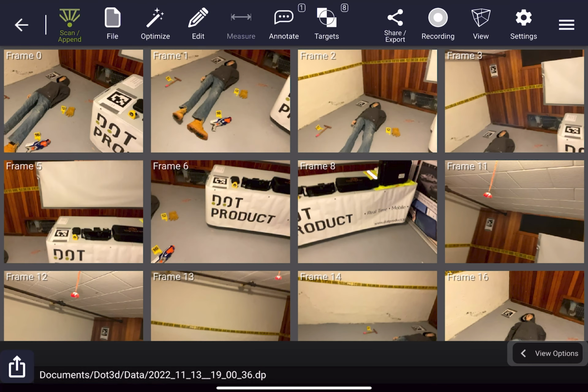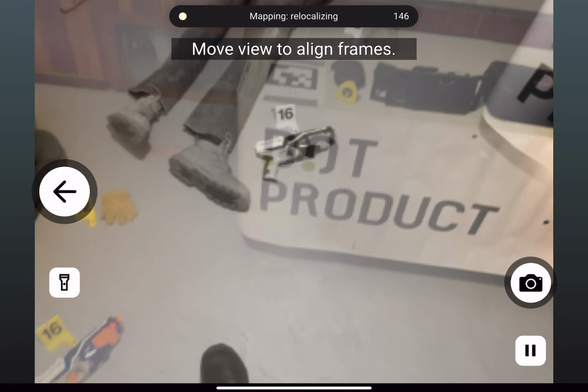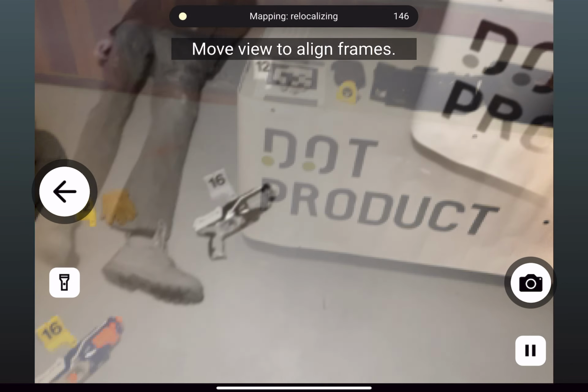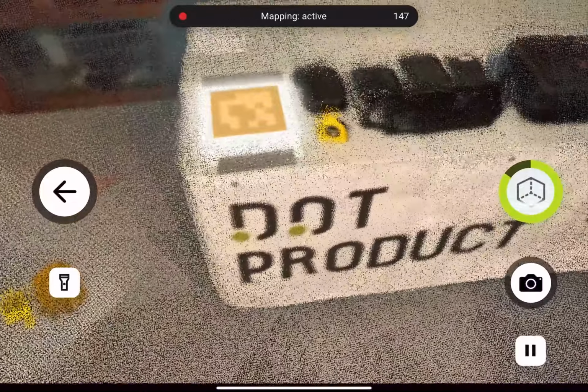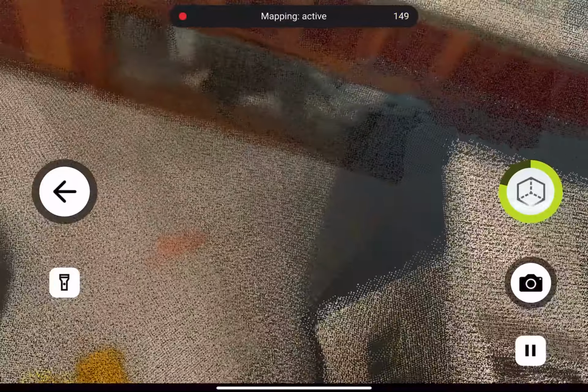Now I can choose a frame to reposition in. You have to pick a frame that nothing has changed in, that looks like it has some reasonable geometry, such as a corner area, and that is relatively near the area that you want to add. So I get this ghosted view that I can line up with reality. Then Dot3D remembers where it was, and I can move around and just build directly back into that same file